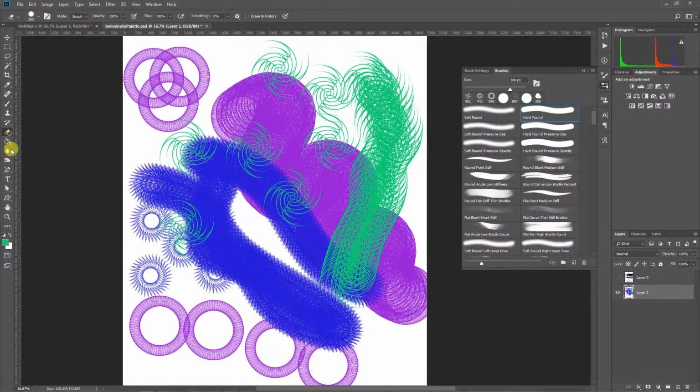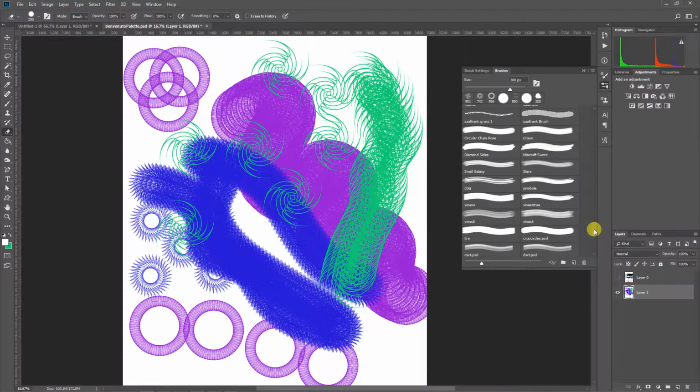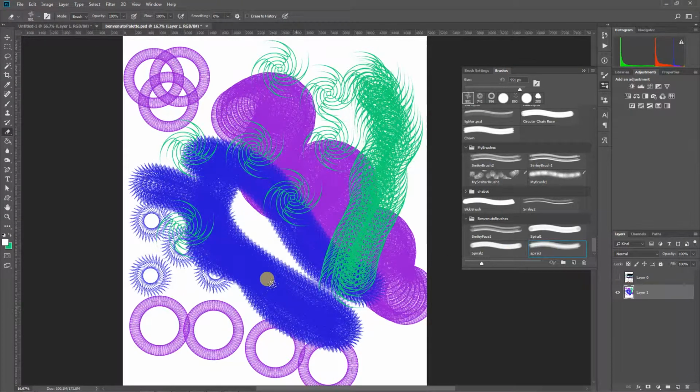And I would say eraser because if you reverse the colors, when we come down here, you can do an inverted stamp. Or you can just stamp with white, but depending on what you're working on, you may need it to be an eraser, right? So anything that runs on a brush shape or a brush mechanic can use these brushes